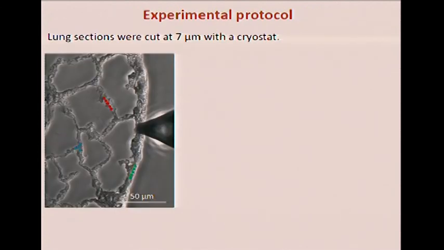This is a phase contrast image of one slice of the decellularized lung matrix. And here you can appreciate the structure of the lung, the alveoli and the pleural region. We probed 3 different regions: the segments of the alveoli, the junctions, and the pleura.